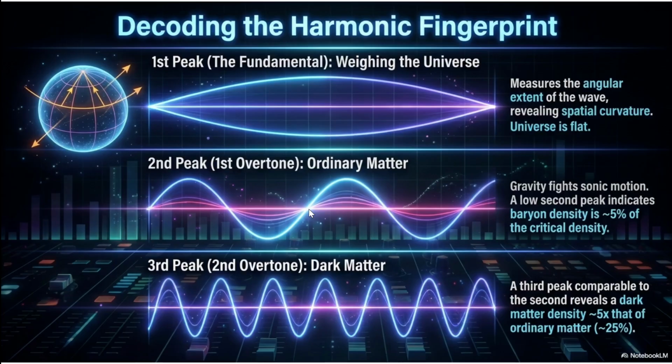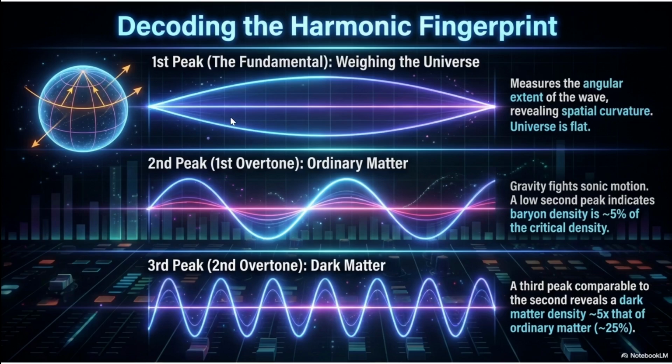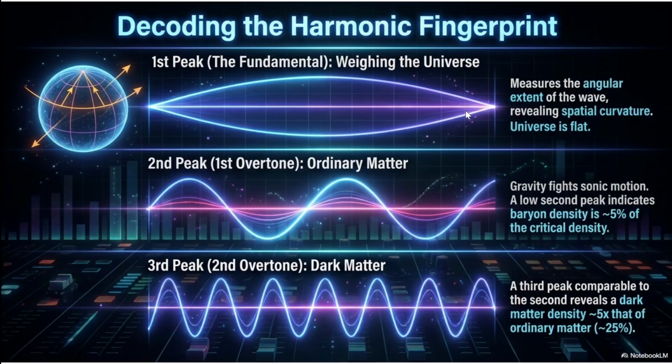In terms of how that relates to the power spectrum, the idea is that there's not just one of these potential wells, but there's many, many, many galaxy clusters that form in the universe. And within the size of this well, you have different frequencies or standing wave patterns that are possible. So in terms of measuring the first peak of the CMB power spectrum, this is largely responsible for how flat versus curved the universe is.